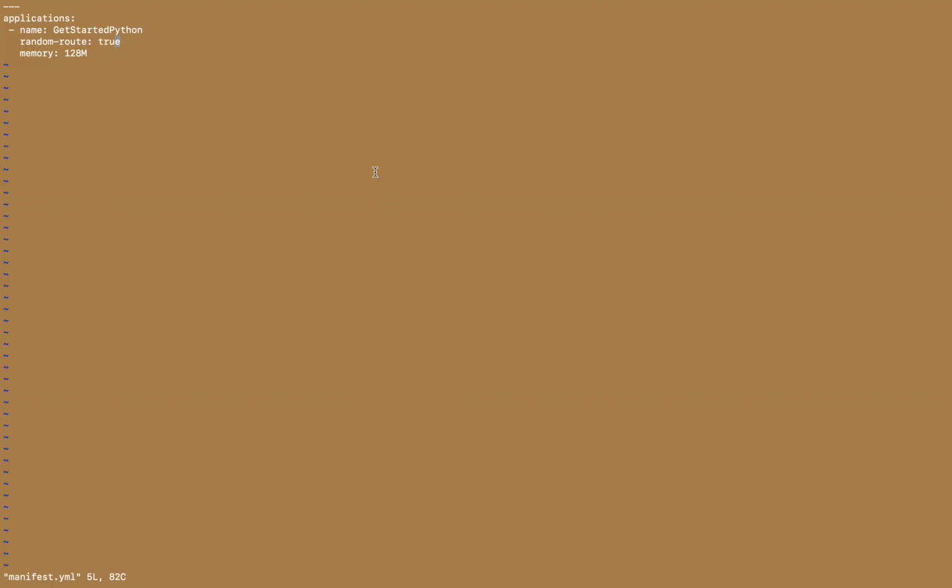If you want a specific route, or you want to specify a route yourself, you can enter this as false. But the recommended one is to always let IBM Cloud select a random route. For POCs or any initial application development, you can keep this as true. Then how much memory you want this app to utilize? So it's 128 MB. So this is what it contains.